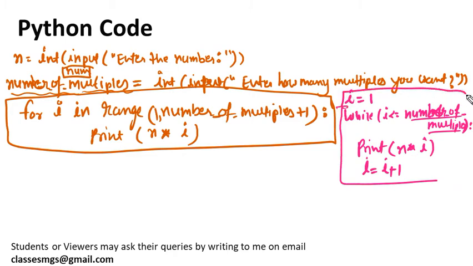So this way also you can do, okay. So both ways it will work. If you want to do it using for loop, do it using for loop. If you want to do it with the while loop, you can do it with the while loop also, okay. So let's try to run this in the editor now.